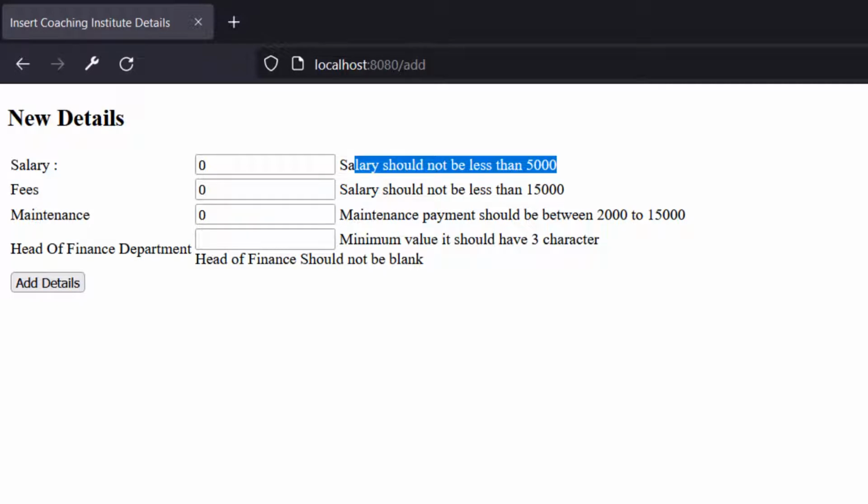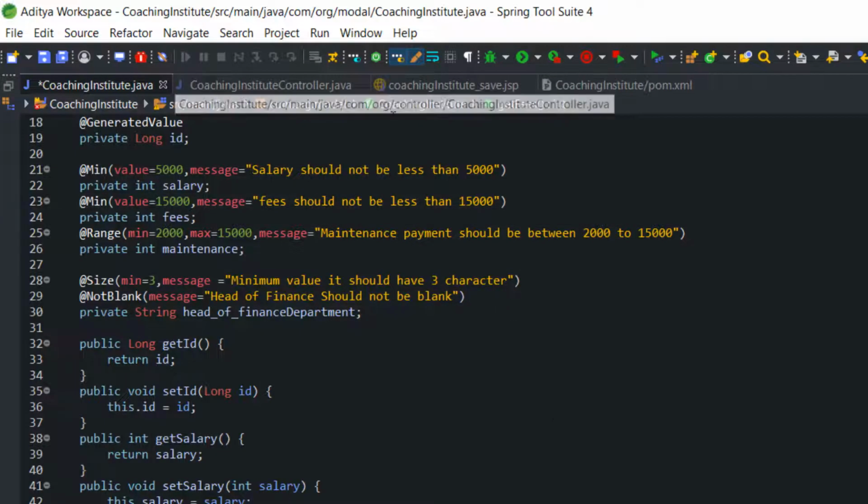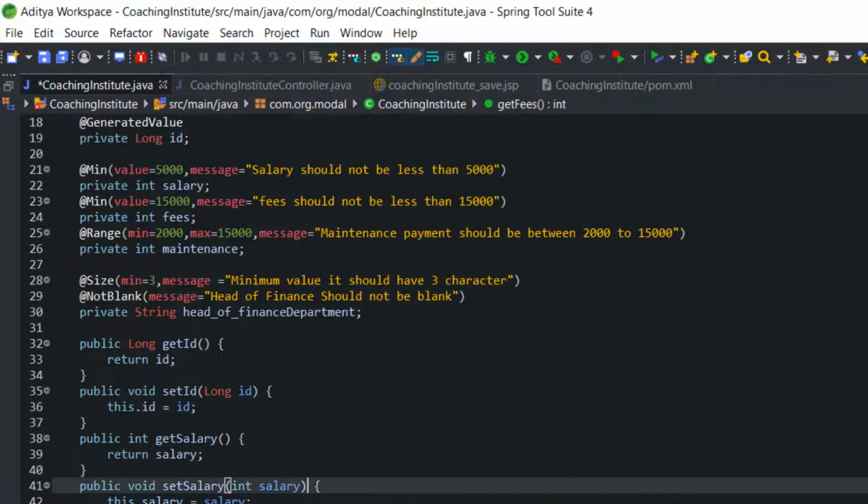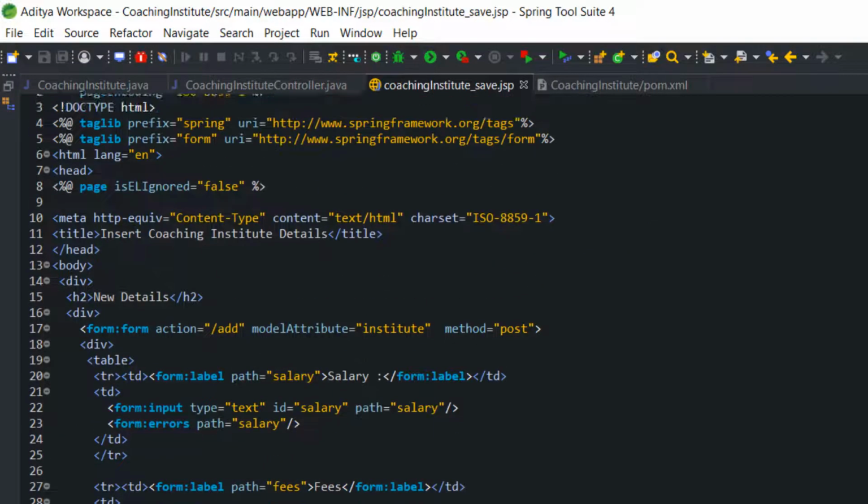Now the next thing is all of them it's coming in normal color. Let's make it in red color so that it will be more visible, right? So for that, what I will do, we will go to the JSP file. First of all, stop the application, and after that save the data, and after that we will go to the JSP file, and here